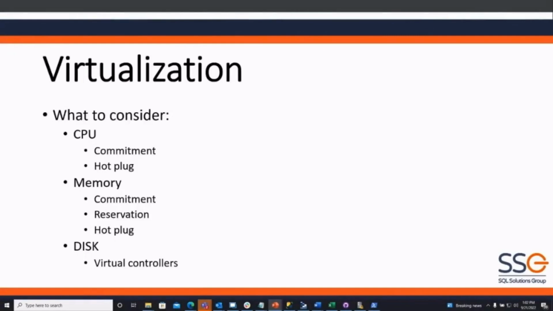VMware has a paravirtual SCSI disk controller that you should always use for high I/O workloads. So that's number one. Number two, you can have up to 4 disk controllers in one virtual machine, and you should use them all, right? You can leave your OS drive on the LSI SAS, that's fine, but you want 3 additional paravirtual SCSI controllers,